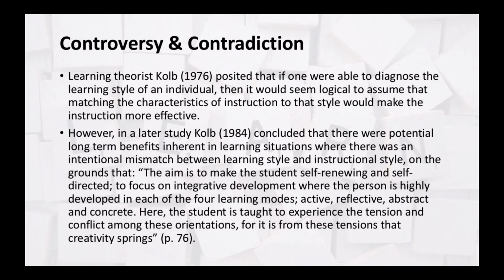The literature on the subject is fraught with controversy and contradiction. Learning theorist Kolb posited that if one were able to diagnose the learning style of an individual, then it would seem logical to assume that matching the characteristics of instruction to that style would make the instruction more effective. However, in a later study, Kolb concluded that there were potential long-term benefits inherent in learning situations where there was an intentional mismatch between learning style and instructional style,